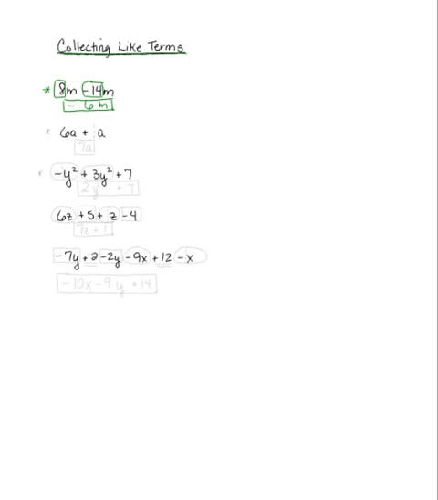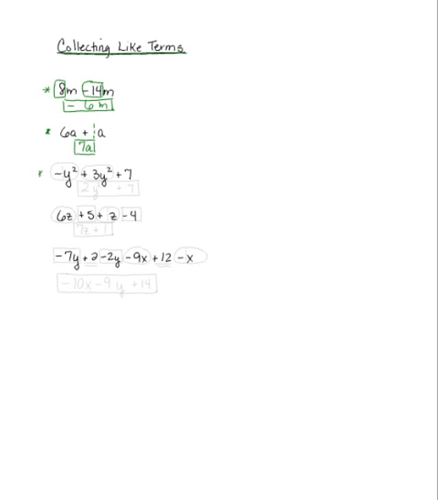On the next one, these are also like terms. What a lot of students forget is that there is a number in front of a letter. If it's not showing, it's understood that it is a 1. So I'm going to put it in as a dotted one so you can see that there are, we'll call them animal crackers, 6 animal crackers and then you get 1 more because your kid brother hands it over to you. So if you have 6 animal crackers plus 1 more animal cracker, that gives you a total of 7. So you end up getting your 7 animal crackers.